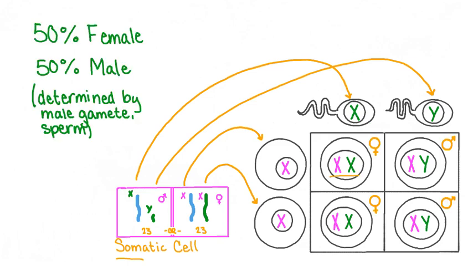So we can see that there's a 50% chance of the offspring of any human couple inheriting two X chromosomes and being biologically female, as well as a 50% chance of inheriting X and Y and being biologically male. And since egg cells can only contribute an X chromosome to their offspring, the sex of the offspring is determined by the male gamete, or the sperm. Since the sperm cell can either contribute an X or a Y sex chromosome,